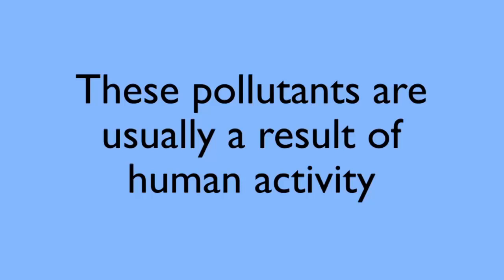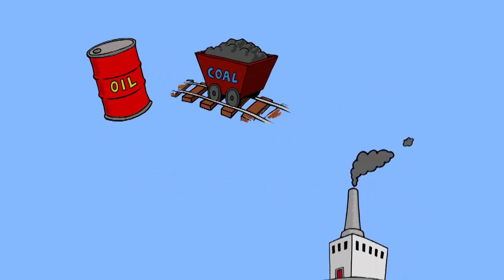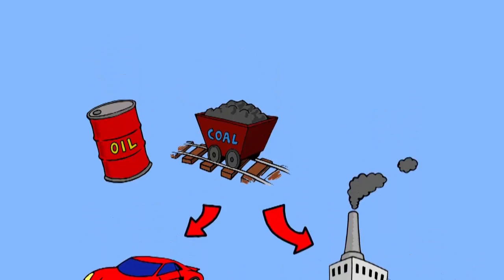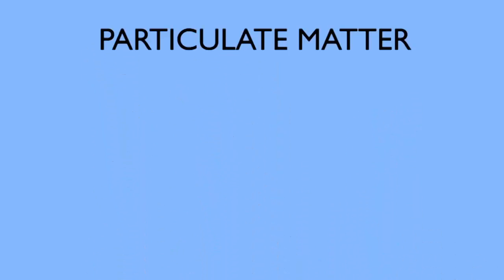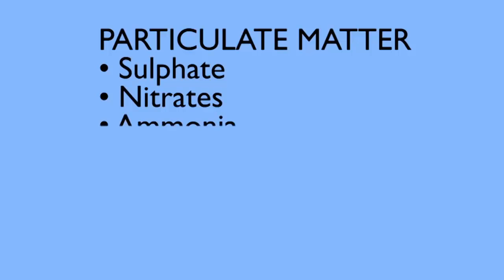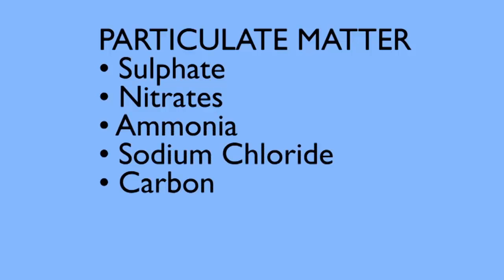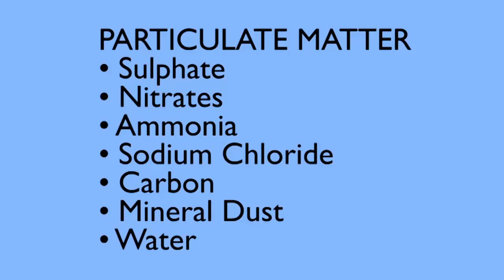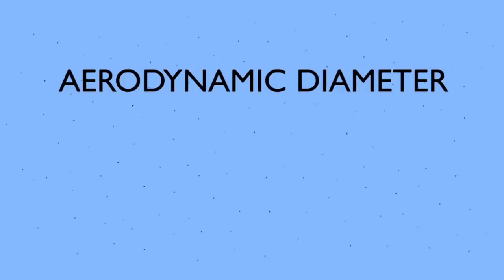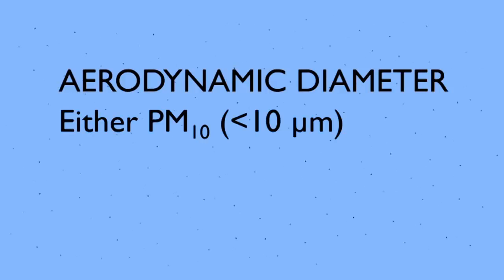One such human activity is the burning of fossil fuels in power stations or cars. Particulate matter is a mixture of sulfate, nitrate, ammonia, sodium chloride, carbon, mineral dust and water. It consists of a complex mixture of solid and liquid particles of organic and inorganic substances suspended in the air. These particles are identified according to their aerodynamic diameter, as either PM10, particles with an aerodynamic diameter smaller than 10 microns, or